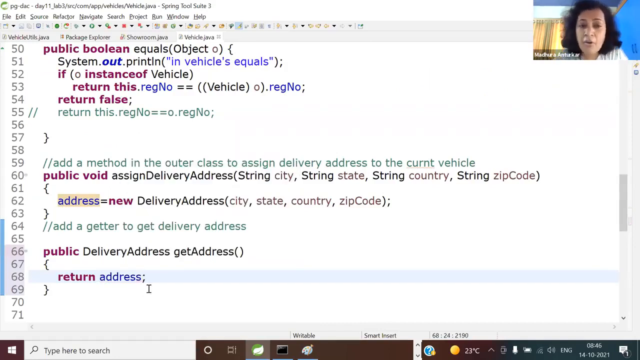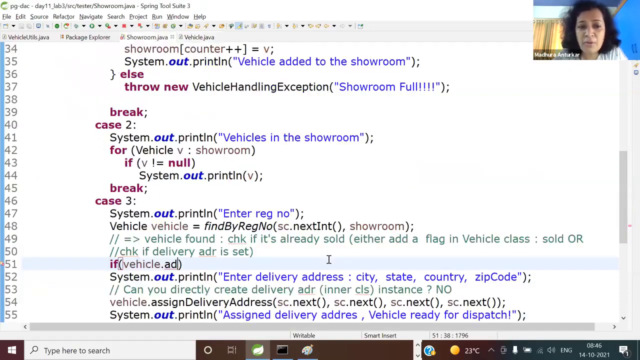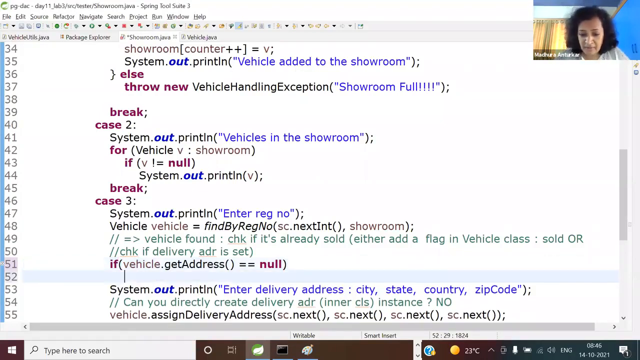Address. Okay, and then it is just a matter of calling it. So what should I do? If vehicle dot get address is equal to null, what does it mean? Is the vehicle sold, purchased or not? The answer is it is already purchased. So if it is null, then you can throw the exception, throw new vehicle